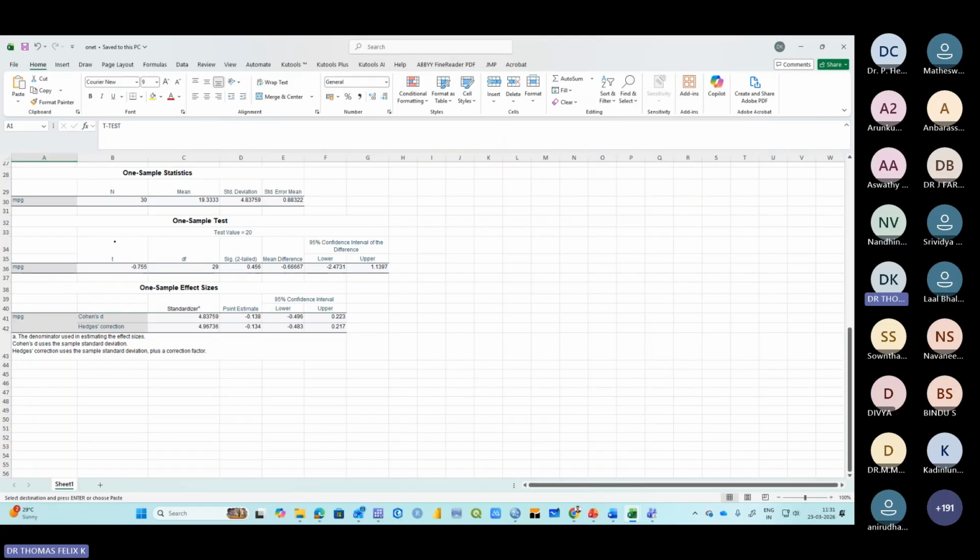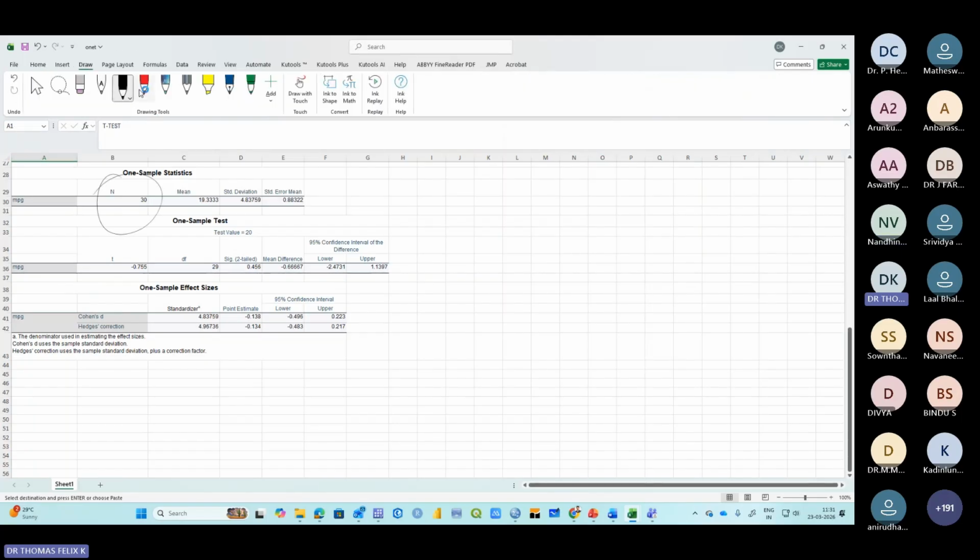So the number of observations is 30. What is the sample mean? The sample mean is 19.333. And the hypothesis mean, or population mean,